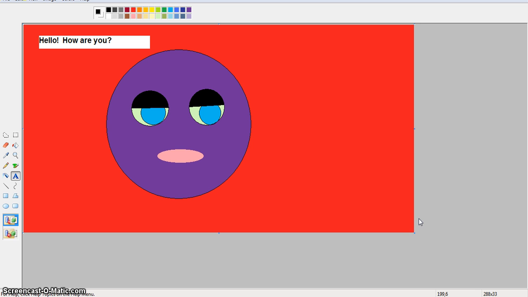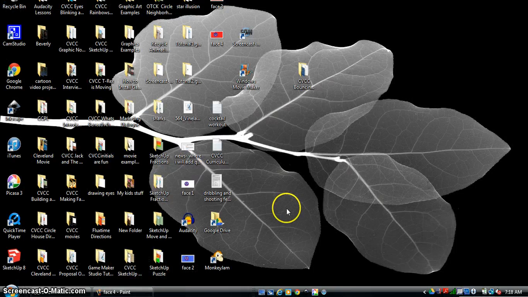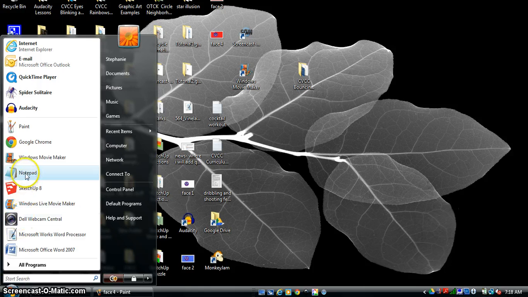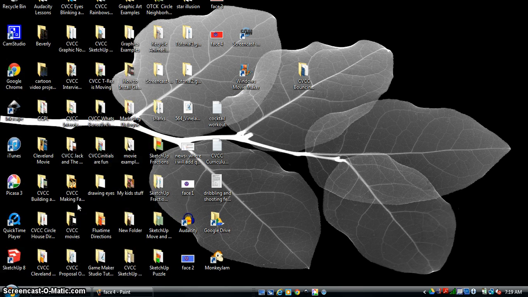Now I want to go ahead and open up Microsoft Movie Maker. So I'll minimize my Paint, and I'll go back into my Start button, and I find Windows Live Movie Maker. Here's another version of Movie Maker right here. It's an older version. It's just called Windows Movie Maker. That's fine to use as well, but I like to use the newer version, Windows Live Movie Maker. So I click on it,